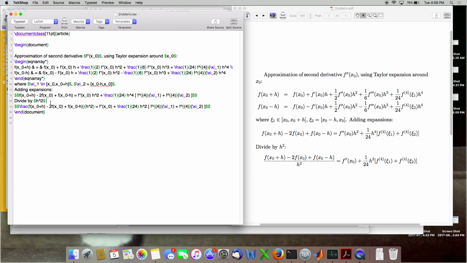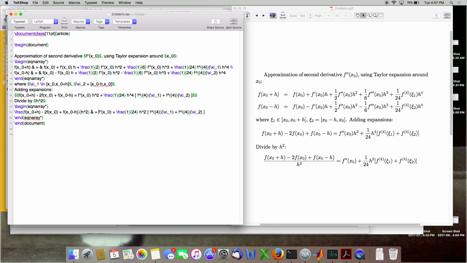So in fact, I'm going to make this another equation array. I want these to line up. So I'm going to get rid of the double dollar signs. A single dollar sign puts math in line text. But a double dollar sign, like I have here, makes it a displayed equation. So you want that for large or tall equations. Now, for lining them up, I have an equation array. Okay.